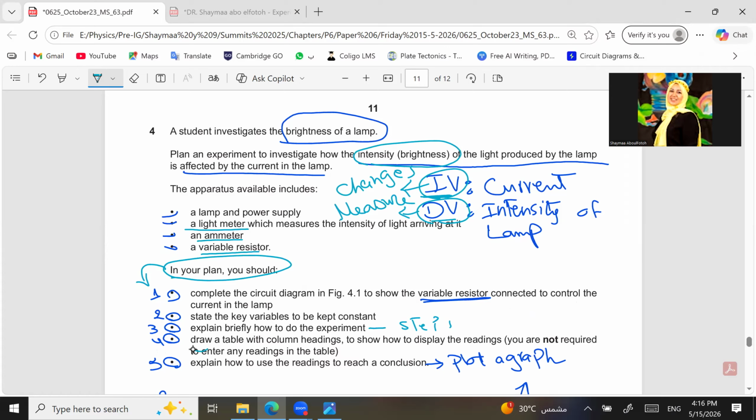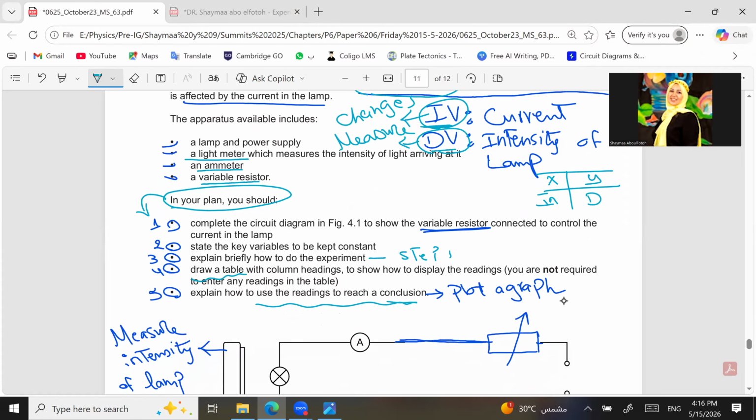I have to draw a table, and inside the table, I have to ensure we have the x-axis and y-axis. X-axis is the independent variable, y-axis is the dependent variable. The last one: explain how to use the reading to reach a conclusion. If I am asking you how to reach a conclusion, you have to say all the time, plot a graph